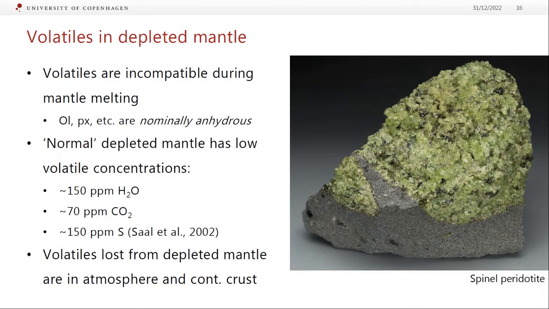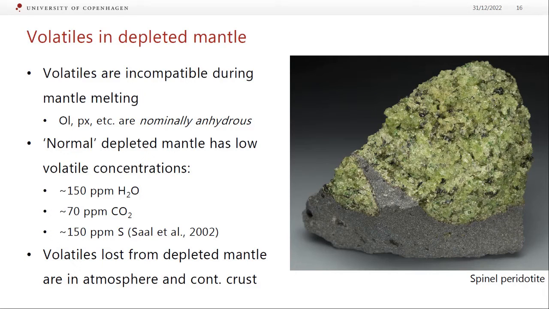So, as we said before, volatiles are incompatible during mantle melting, and all of the major mineral phases, olivine, pyroxene, aluminium-bearing phases, that would be garnet or plagioclase or spinel, they're all what we call nominally anhydrous, and that means that they can take in a little bit of water as a trace element, but they don't have water in the formula. So it's not like an amphibole or biotite where there's an OH group in